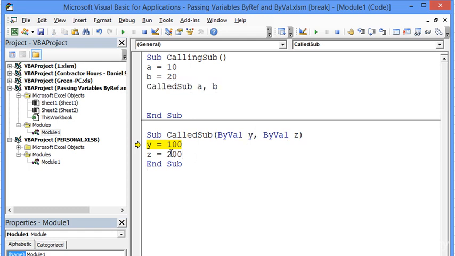So I'm going to show you both ways. First, I'm going to hit F8, F8. So we know that Y and Z were 10 and 20, and now they're 100 and 200. So if I hit F8, because this is ByVal, and I return back, let's do a